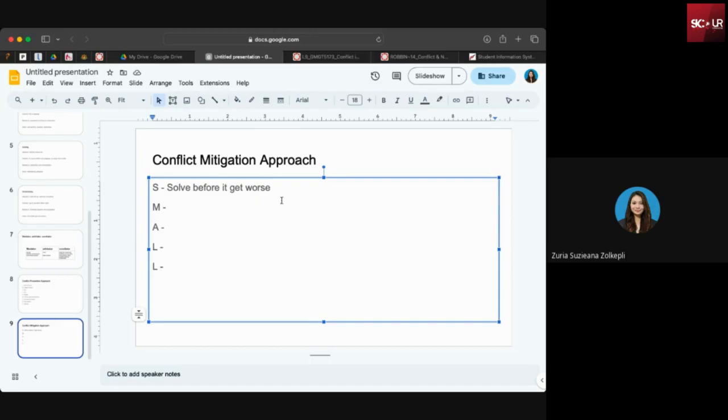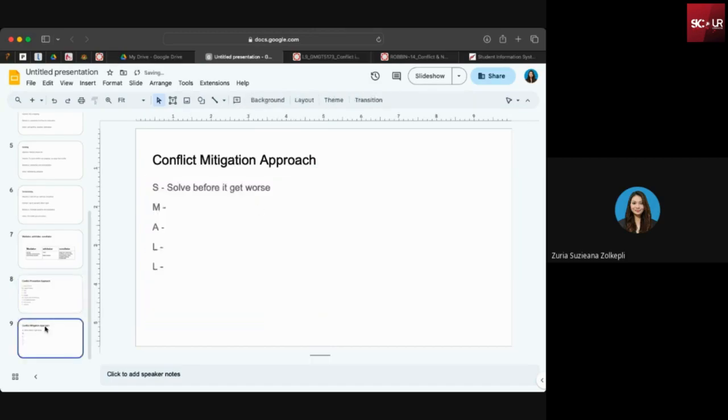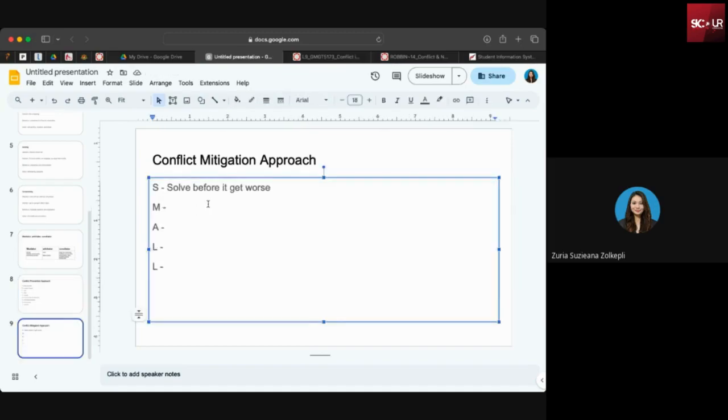Okay, lepas tu, M is for make the participation. So you have to involve diversity of views, right? Make the participation, engage with other people, make sure that every view is taken care of, you understand, and so on. Okay, and then A is